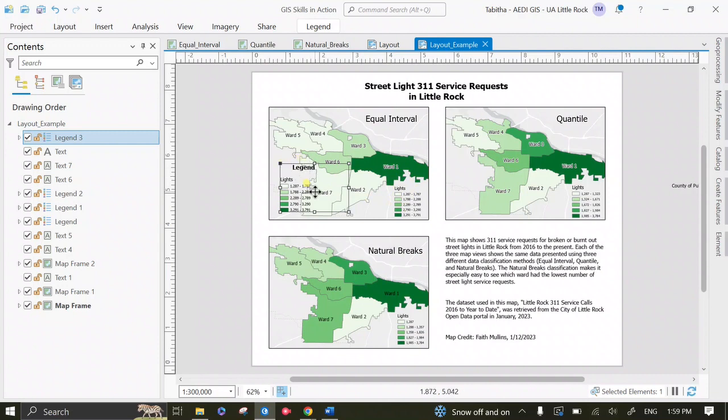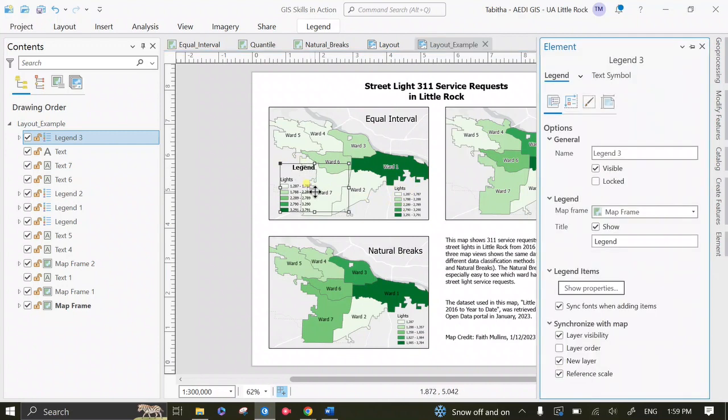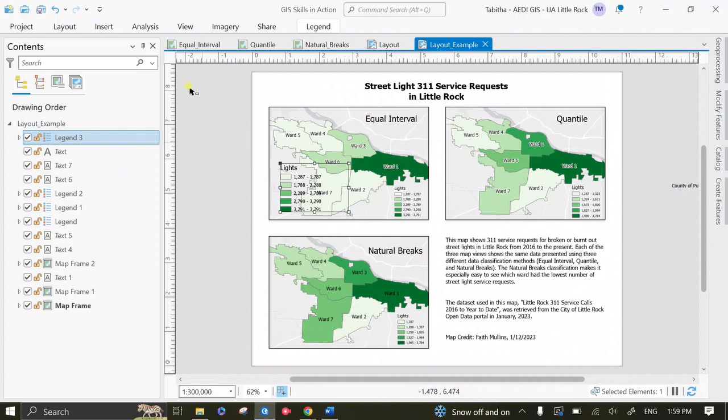What I did to get rid of the word legend was I double clicked on the legend and it pulls up this element pane, and I went down here and I'm pretty sure unselected show legend so that it gets rid of that. Another thing is though, when you guys add your legend,